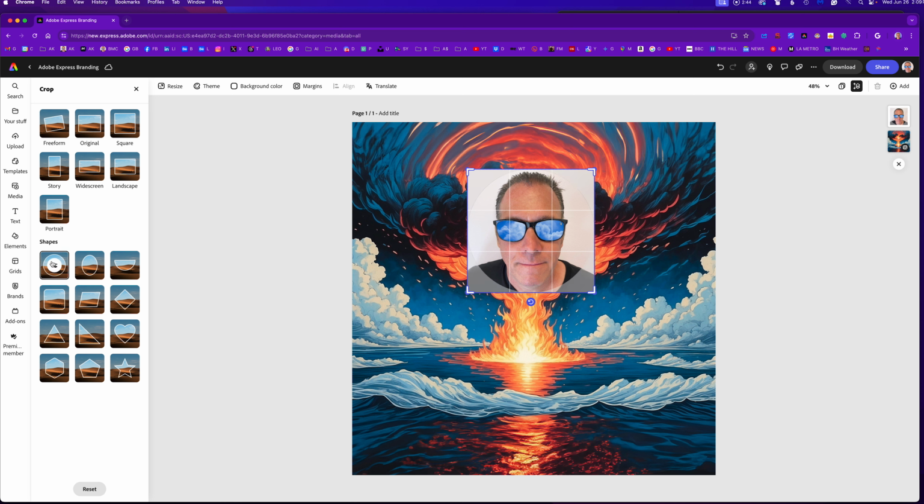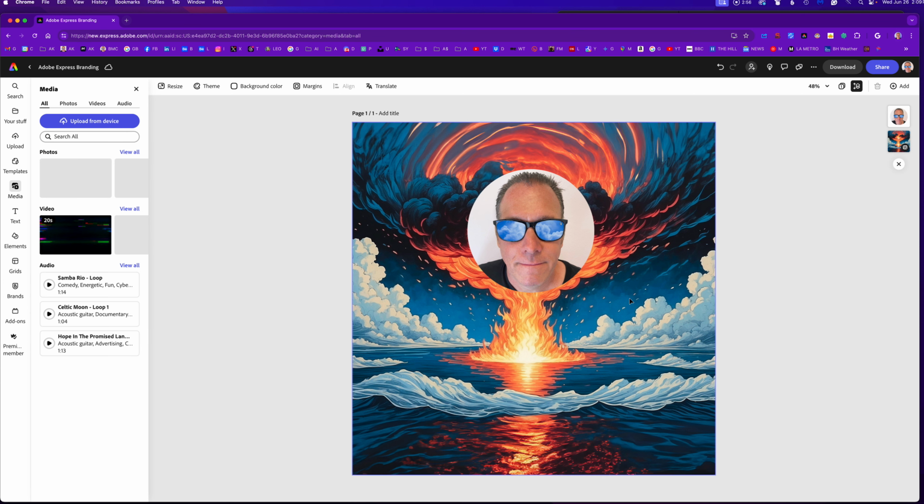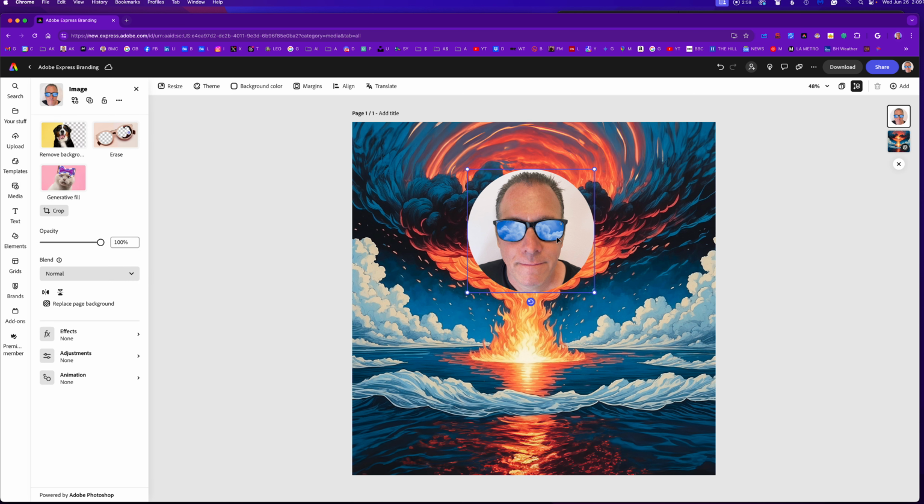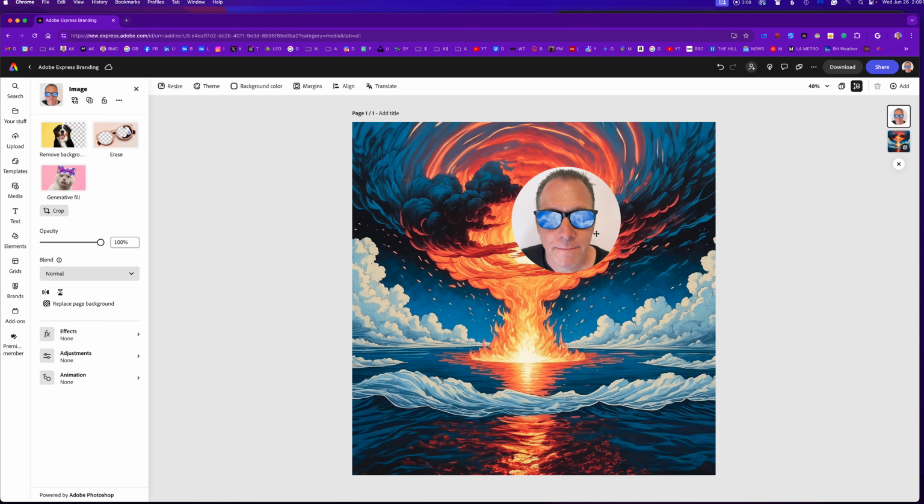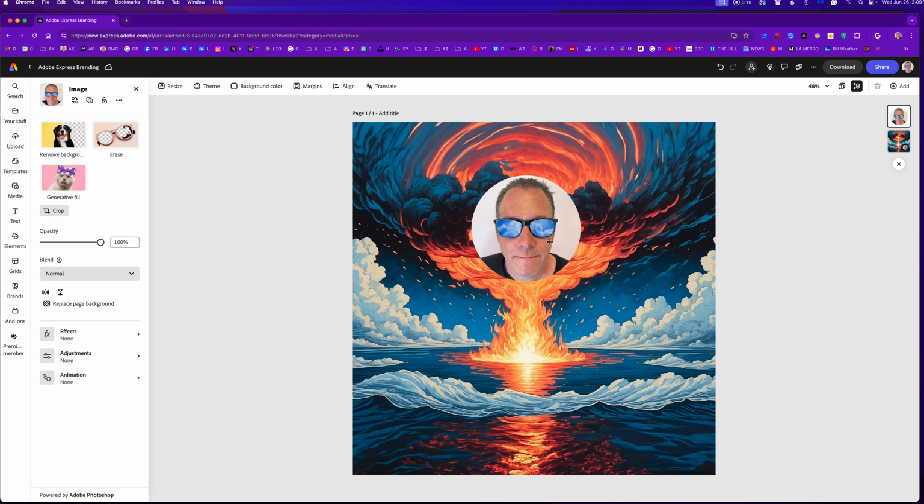Once you click once, you see the little slider icon. If you click again, it'll give you some options such as rotating or scaling. I'm pretty happy with that. So I just click out, and you'll now see that it's nicely cropped as a circle. And then if I click again, holding the Option key, I can also resize that. So I'm going to put that. And you'll notice that when you move any image, any placed photo, all of a sudden you see this little magenta guide pop up, which lets you know that it's centered. So once it's centered,